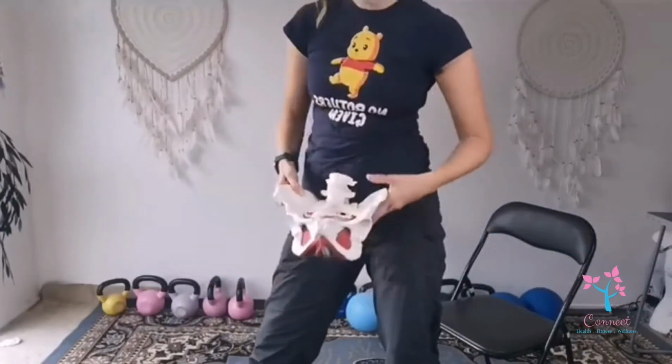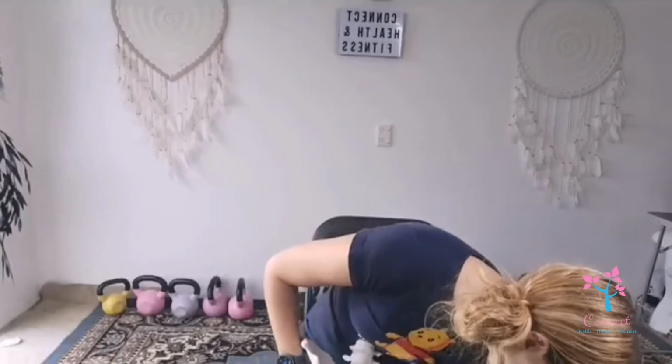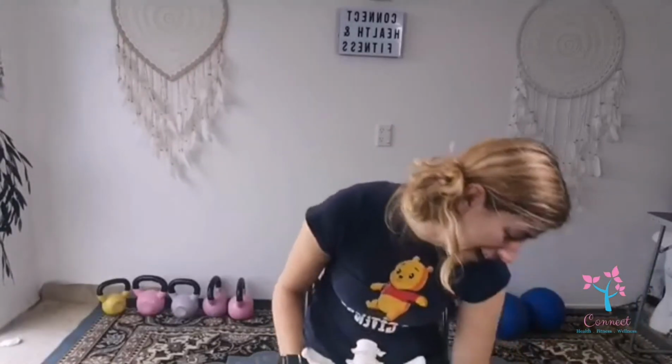So all of those messages are going through our ab muscles, they're going through our glutes, they're going through our pelvic floor, which link onto our legs. So they need to be able to communicate with the rest of our body as well, and transfer the load, transfer the messages. And number 4, they need to relax and they need to be able to contract to support